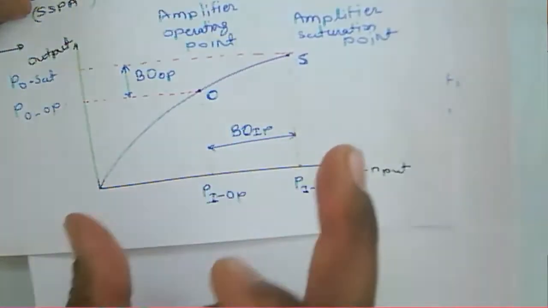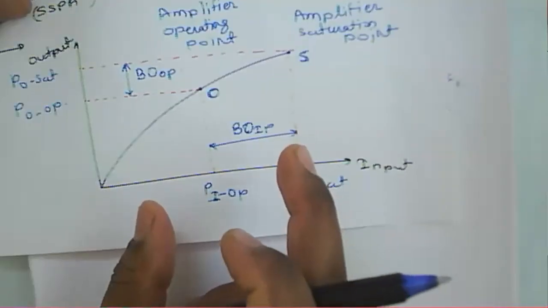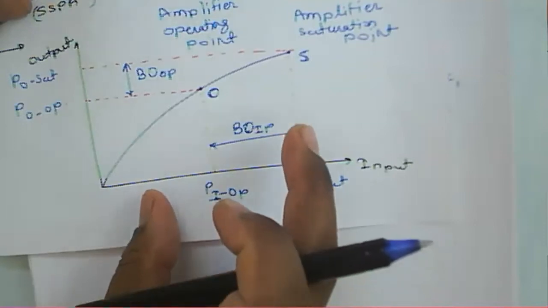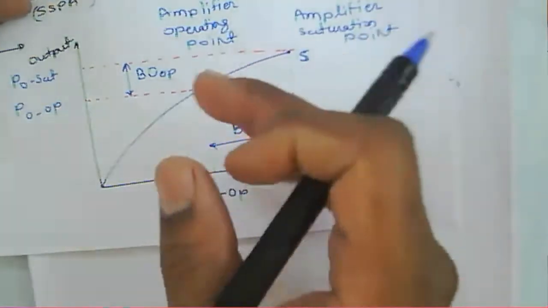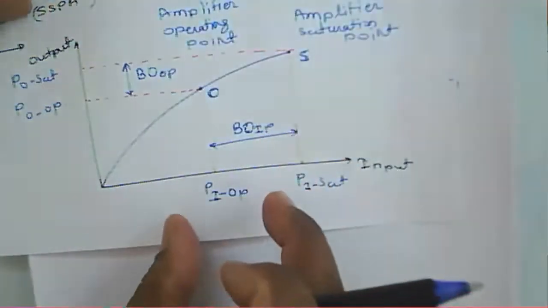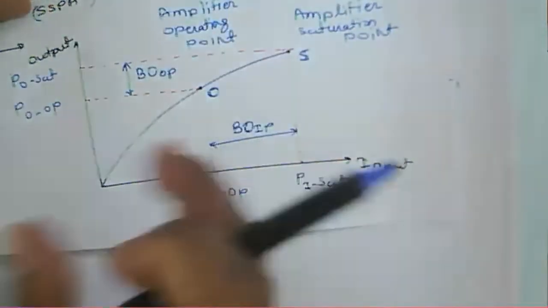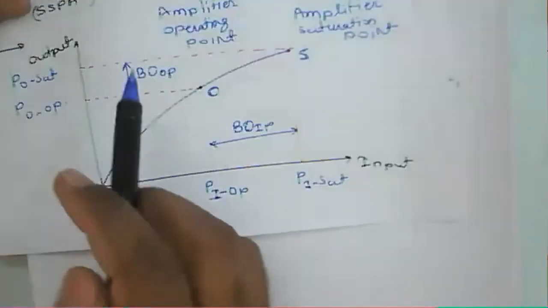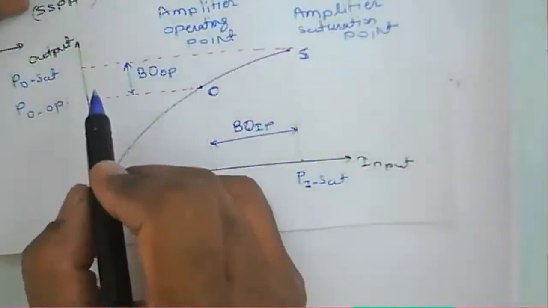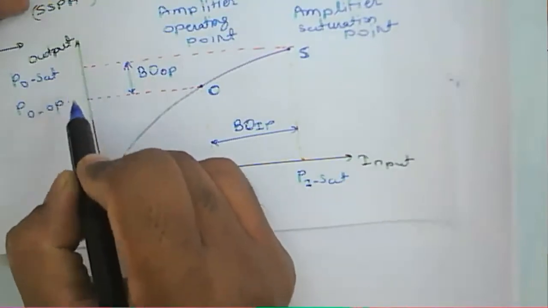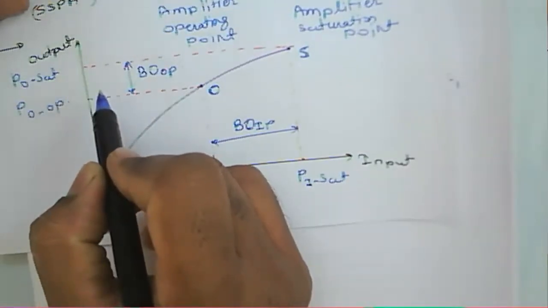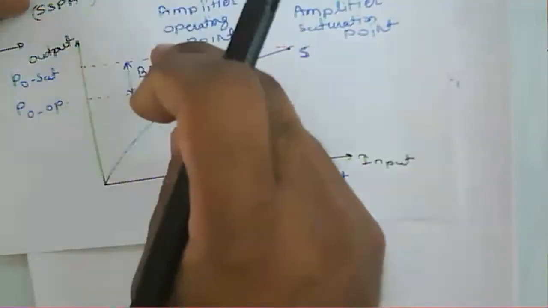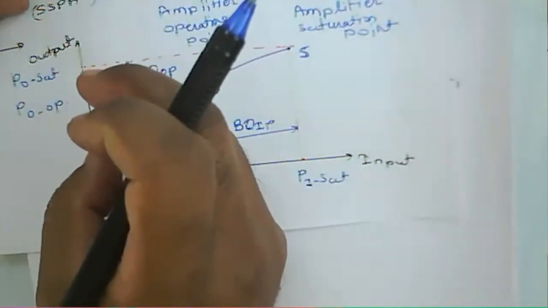If we reduce the input power, since we are getting multiple carriers, your amplifier is to operate in the back off mode. If the output power of the amplifier is reduced,